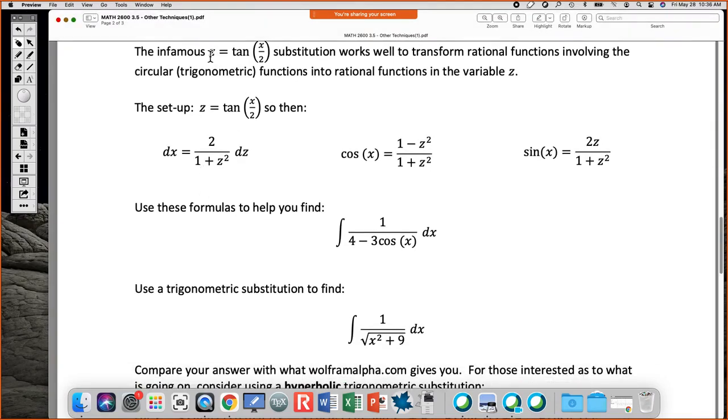And then you've got this, the infamous z equal tangent of x over 2 substitution. So if you have a rational function, and the rules we talked about in 3.2, they don't really apply here. Okay, if you do the z equal tangent of x over 2 substitution, and you go through and calculate what's going on here. So if z equals the tangent of x over 2,